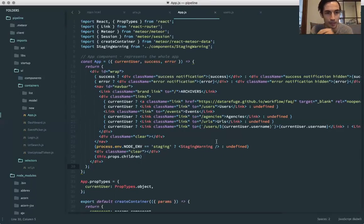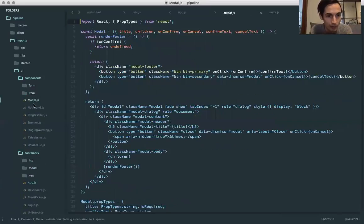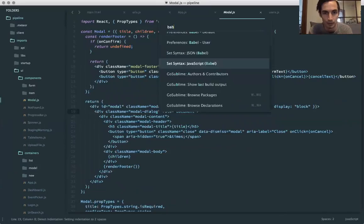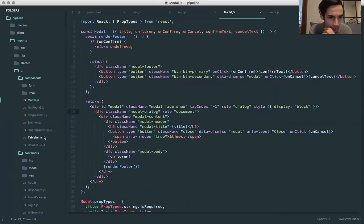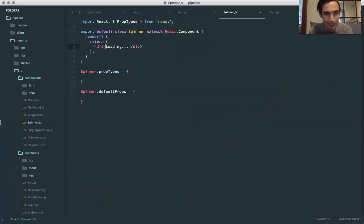They introduce the concept of a component, which is their fundamental unit. Components are intended to be composed together to form stuff. A good example of components: we have a modal component, which is literally a modal dialogue. And then we've got a spinner, which is our loading. Right now our spinner is literally just the text "loading" in a div, which probably could be improved. But that's...